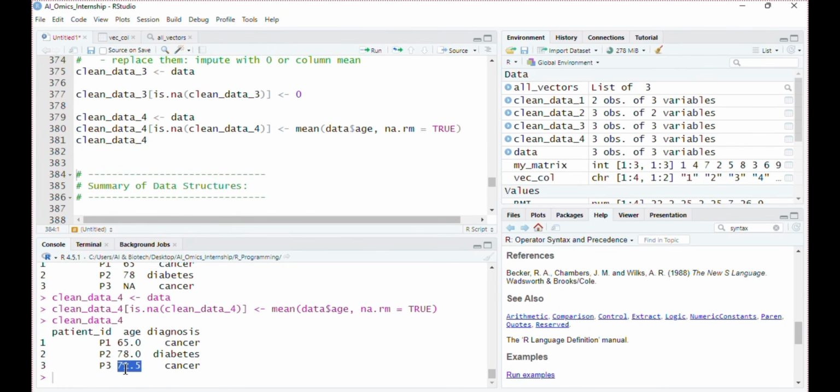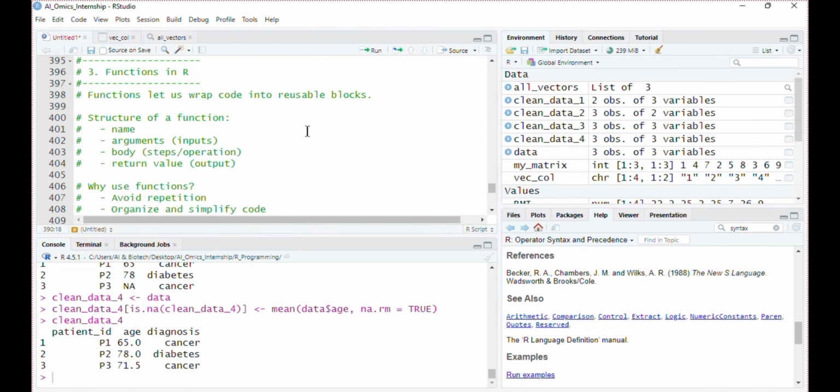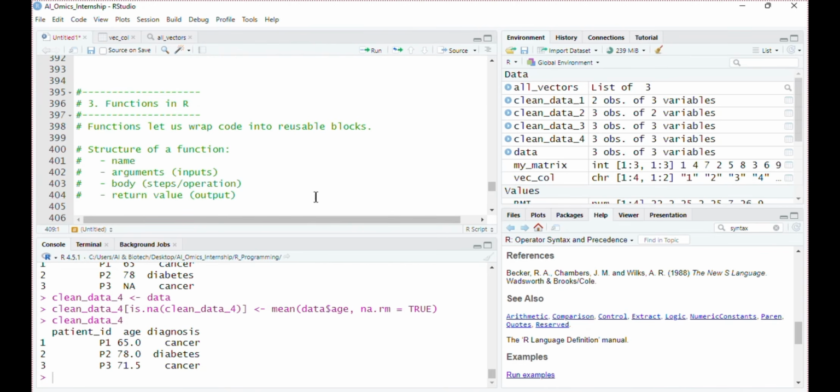So that's all about the data structures. Up to now, we have been typing code directly in this R script by using built-in R functions and operators. That's fine for the small tasks we are doing so far. But in data analysis scenarios, like in bioinformatics and machine learning pipelines, we have to repeat the same steps across many columns, and even perform the same steps with different types of data sets and files.